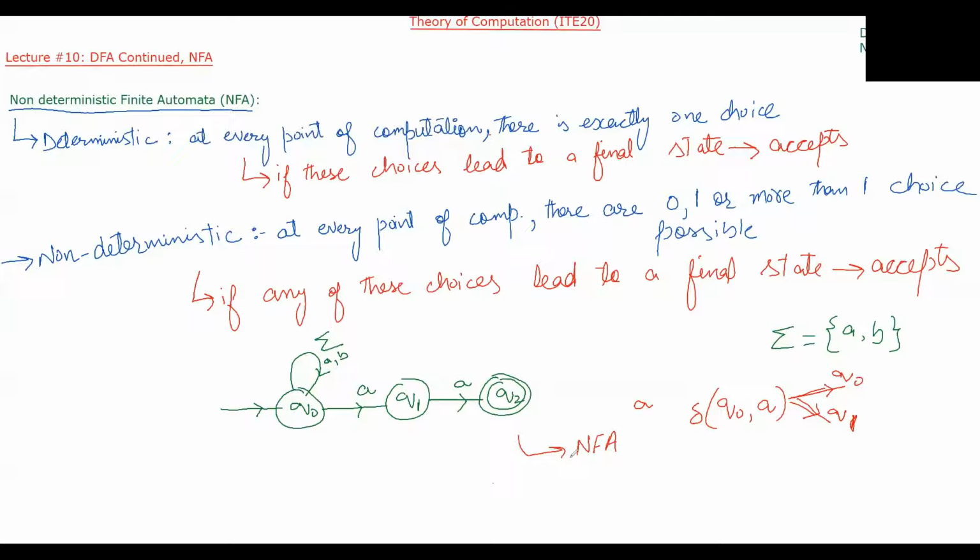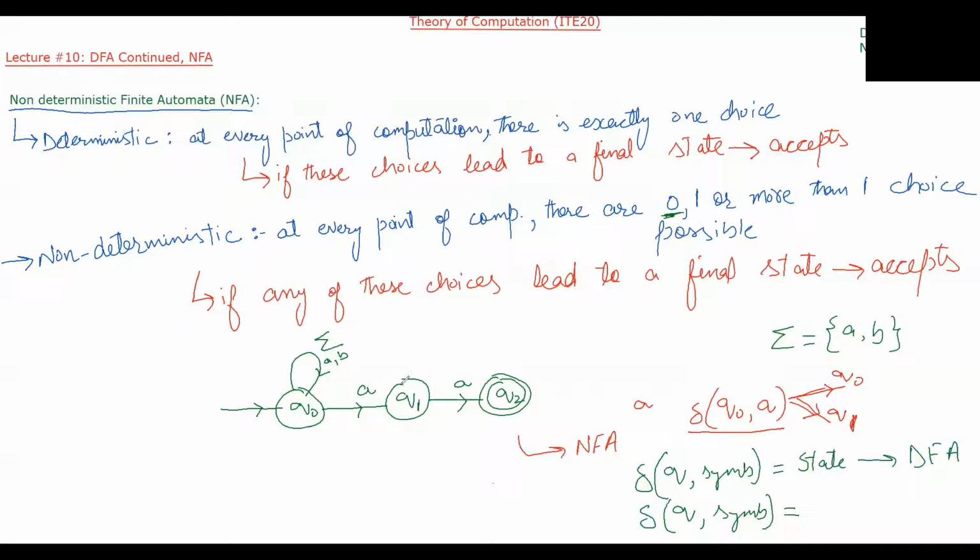It is an NFA. So you can see that in a deterministic finite automaton, when we have a transition function, we have a state and we have a symbol. Okay, what is the output? The output is a state. So this is the case with a DFA. However, in the case of a non-deterministic finite automaton, if we have a state and we have a symbol, what can be the output? You can see that there can be zero transitions. Zero transitions means it won't go anywhere.